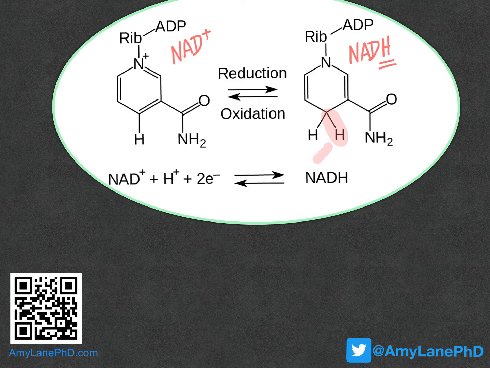You will notice that as you go from this side to this side of this reversible reaction, we go from over here having 2 hydrogen atoms in NADH to here having just 1 hydrogen atom in NAD+. And so what happens here is that this hydrogen atom is donated to an organic molecule such as an aldehyde or ketone in order to reduce it. This process is facilitated by enzymes, which act to greatly enhance the rate at which reactions of oxidation and reduction